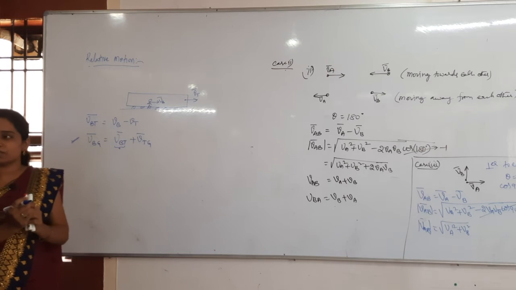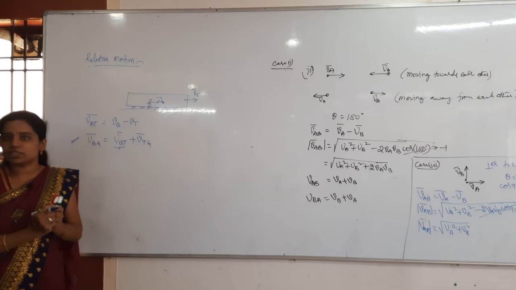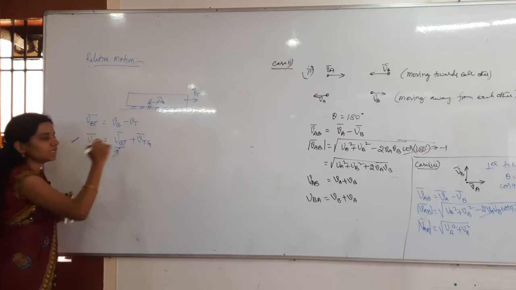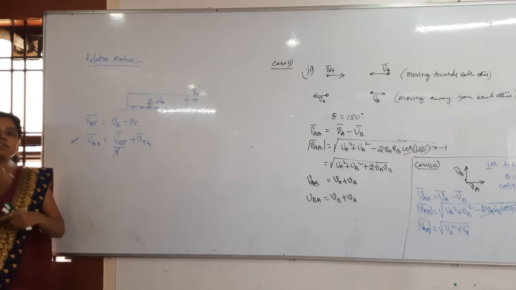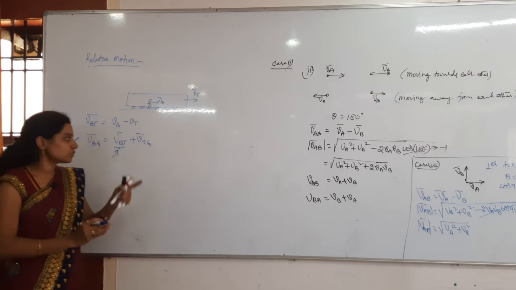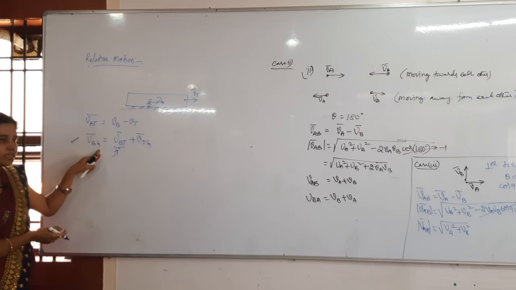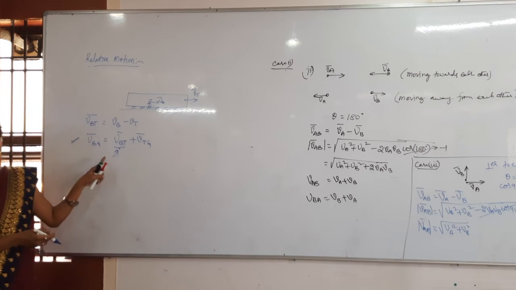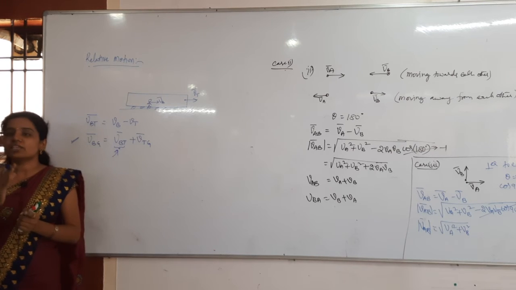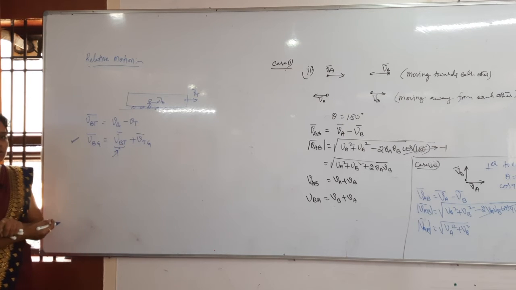For example, you are sitting in the bus. What is your velocity? Your velocity equals the bus velocity. Now you are moving inside the bus. With what velocity are you moving? Vbt velocity. Then your total velocity will be how much? Your individual velocity as well as the bus velocity. So Vbt plus Vtg. Here G indicates with respect to the ground, otherwise with respect to the observer who is standing on the ground, who is always at rest. So Vbg is equal to Vbt plus Vtg.